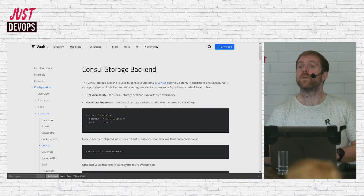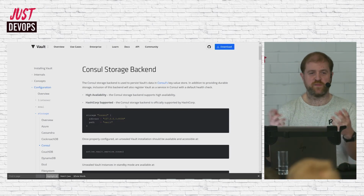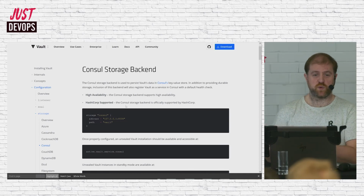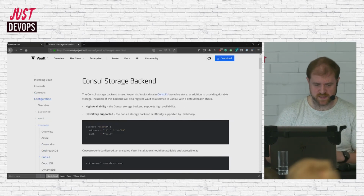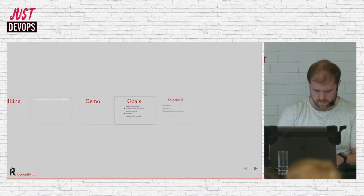Yep. So what's the difference in storing the Vault access key that can generate the secrets to the database instead of just storing the password? Right, so the question is, what's the difference between storing the Vault's access keys somewhere versus storing the password? And the point is that if we go back to this slide,